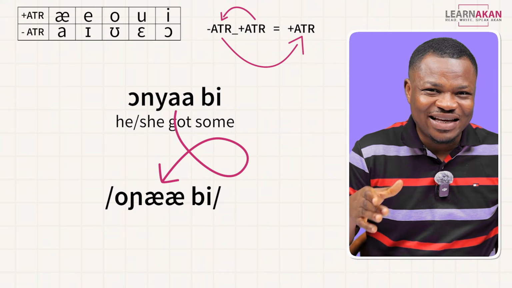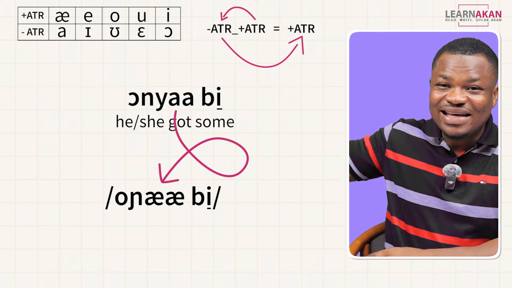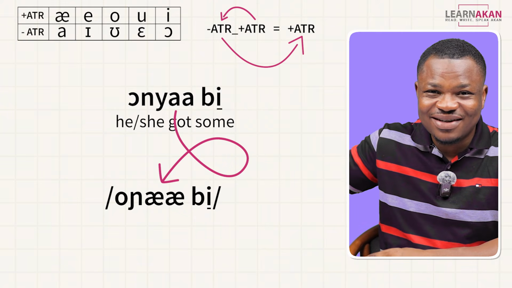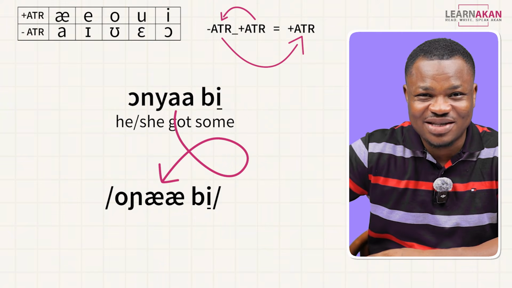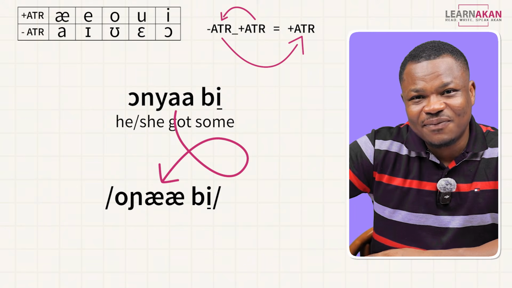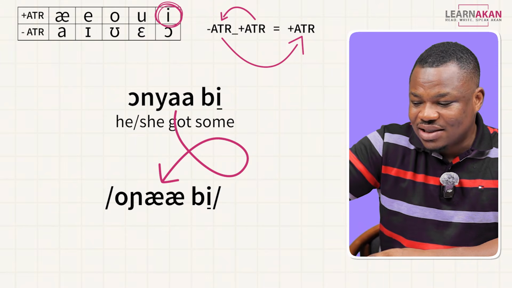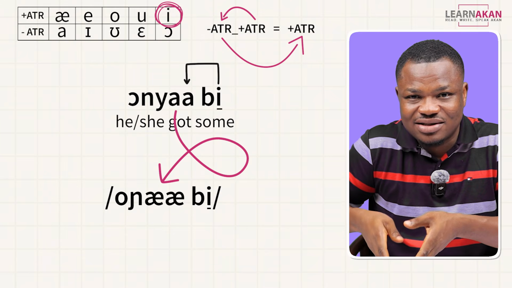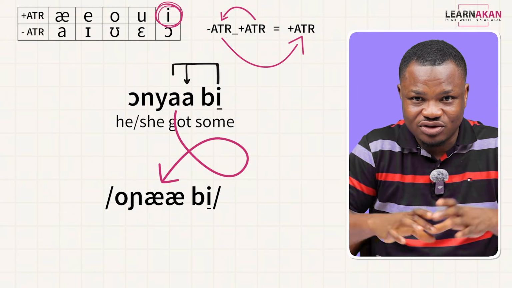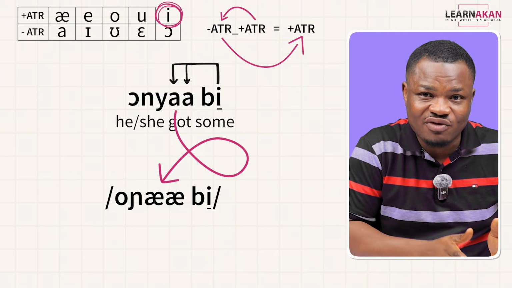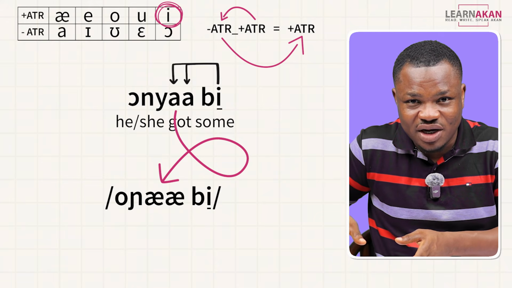And what is happening here is, you see the e in the second word, that is the first vowel sound, and that e is from the plus ATR set. So that e will cause the last vowel, which in this case is a, the a vowel at the end of the first word,